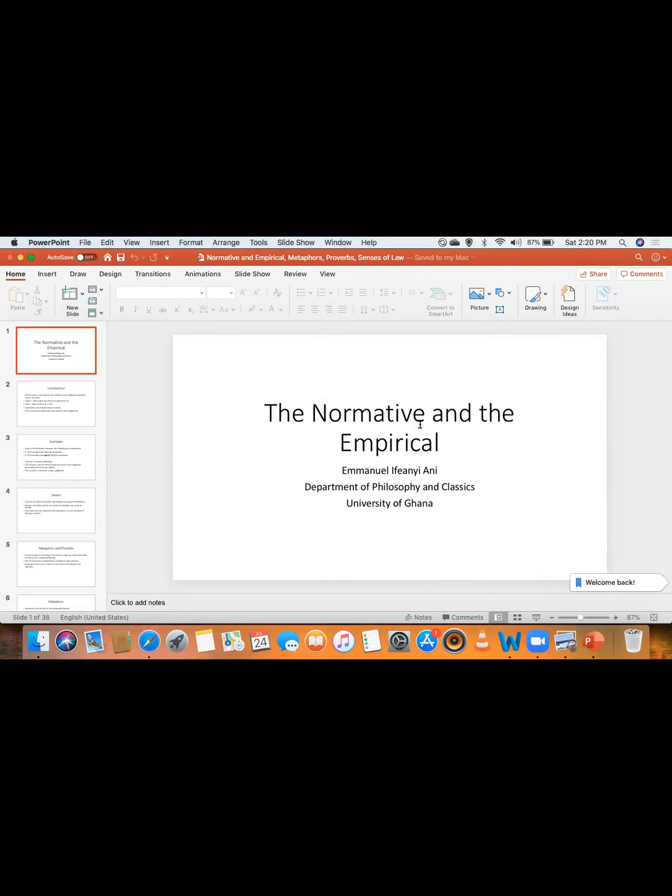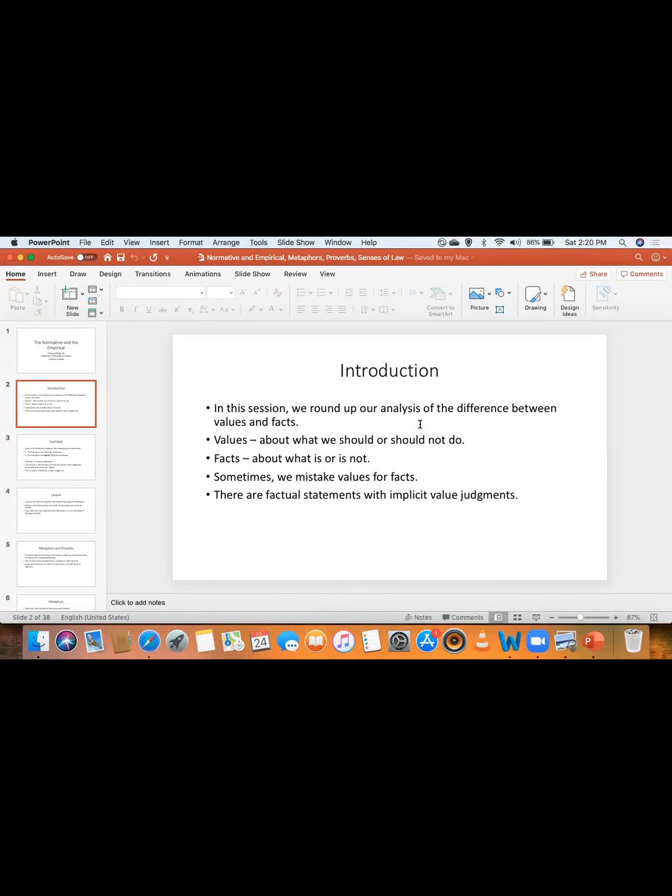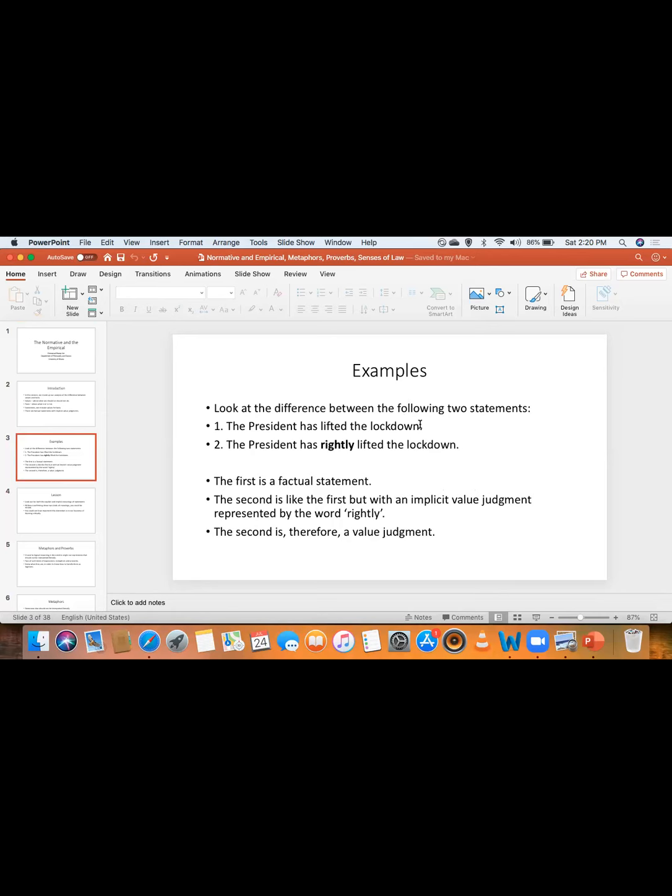So when we started the normative and the empirical, we discussed facts and values. We revisited the issues of facts and values, and we said values are about what we should or should not do. Facts are about what is or is not. But we said sometimes we mistake value statements for factual statements. For instance, the factual statement, the president has lifted a lockdown. If you put "rightly" in it, if you say the president has rightly lifted a lockdown, then it becomes a